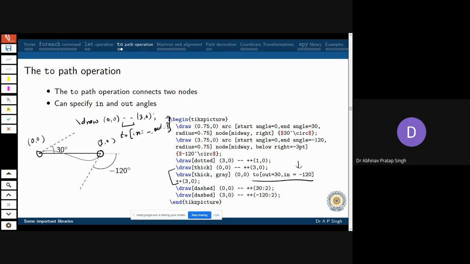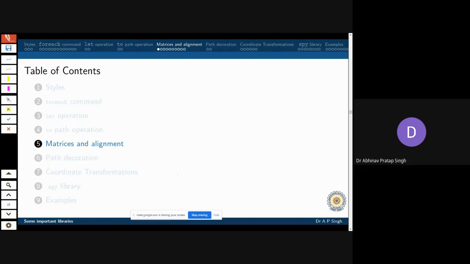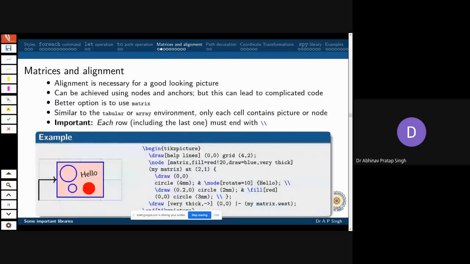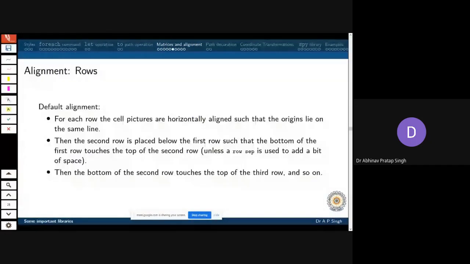Now, as you can see, I have too many slides here, which obviously I cannot cover and I will not cover. But I will share all these slides. I think they are already shared with you, to see what the important libraries are and how to use them. I hope you can do it in your free time whenever you have some time. These are some very, very important libraries, but which I unfortunately don't have time to cover.